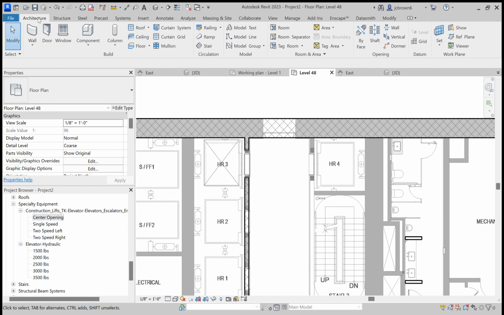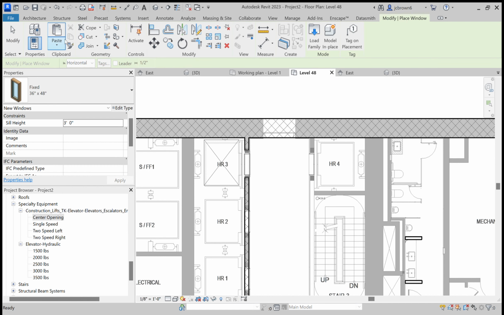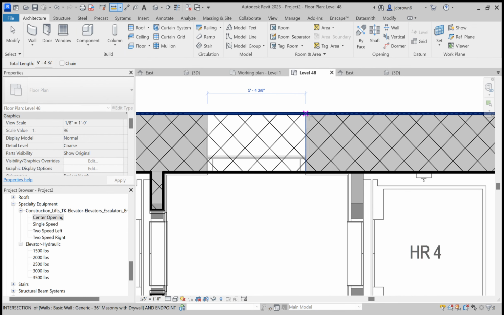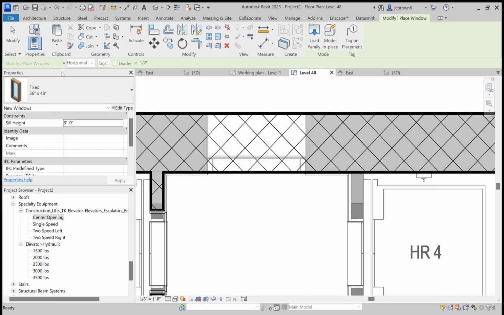And then also for this window that is here, we will go into architecture window. It is a fixed window, so you will go into edit type, and we'll need to know how wide that window needs to be. So we should measure the opening. It looks like 5'4 3/8". So we will go back into window, edit type. We will change this to be 60,